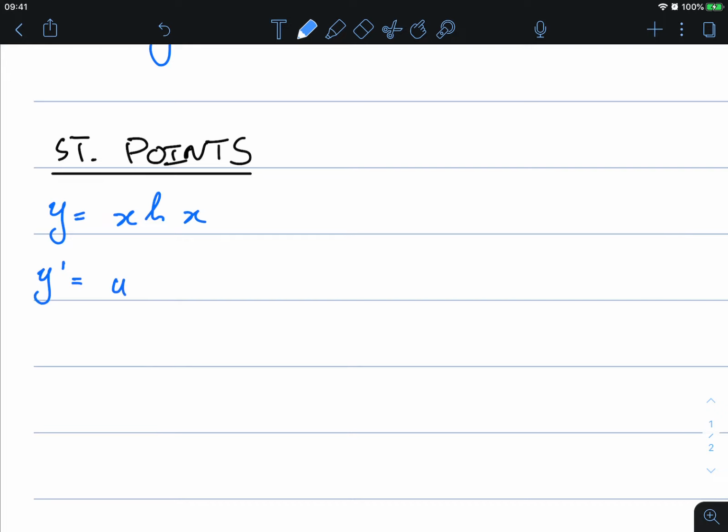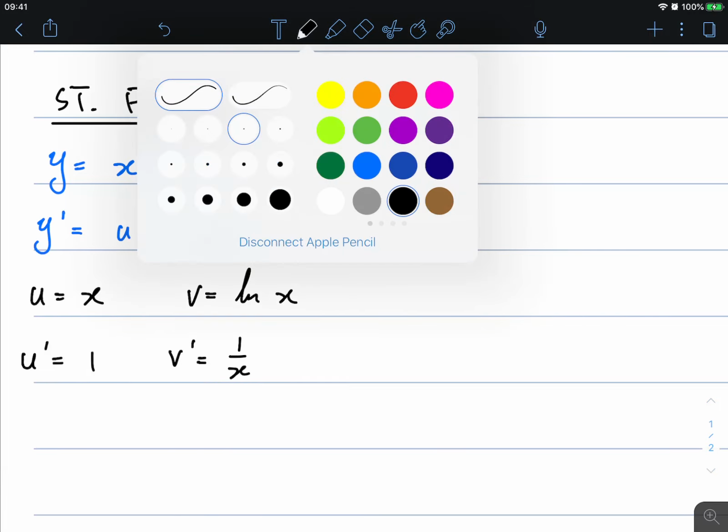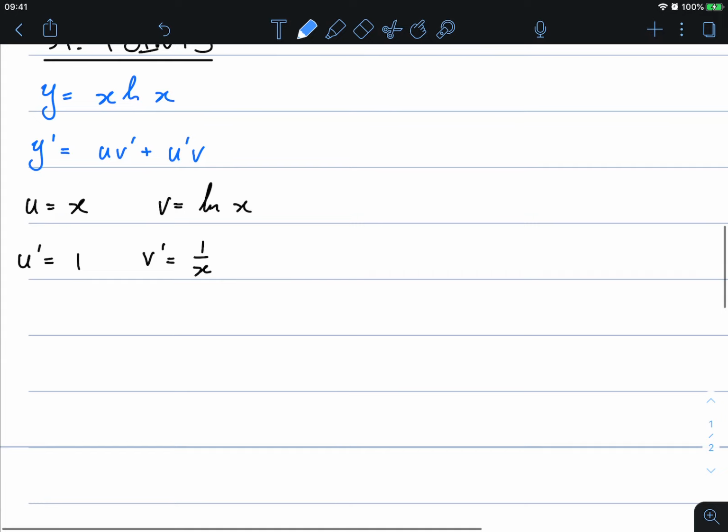Just to make this easy for you, I'm going to let it be uv' plus u'v. Let's find u is equal to x, u prime is 1, v is ln of x, v prime is 1 on x. Just substituting into our formula, y prime, u v prime, that's x times 1 on x, that's just 1,